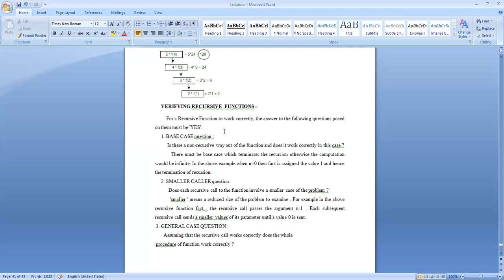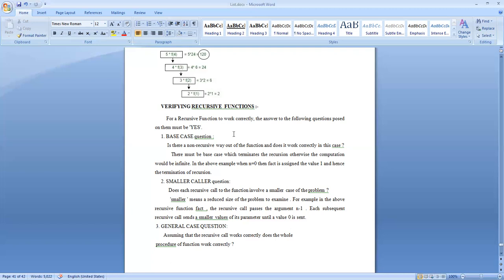What is this base case question? The function that you have written should have a non-recursive way out of the function, and does it work correctly in this case? Simply saying, is there any terminating condition involved in the recursive function?